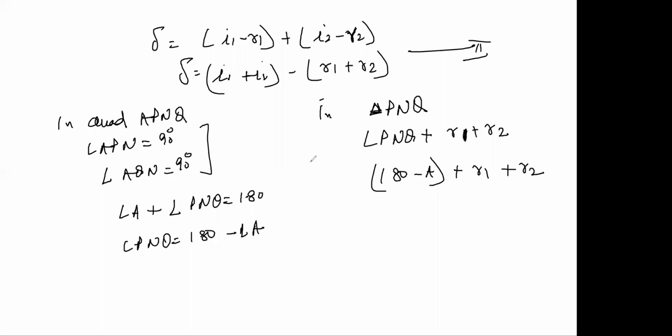This is in the triangle, right down here, in triangle PQ. We have three angles and their sum of course equals 180. So when I solve it, I get R1 plus R2 equal to A, because 180 will be cancelled out. I get A equals R1 plus R2. What can I do then? I can replace this R1 plus R2 now with this angle A here. So I get, replacing the value,